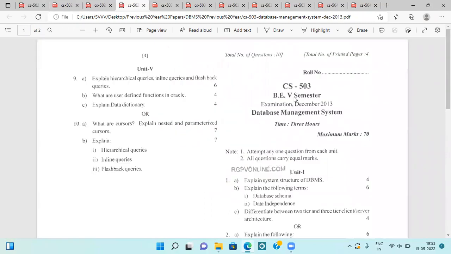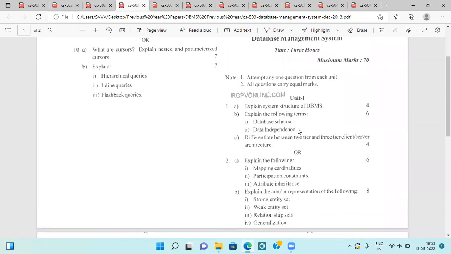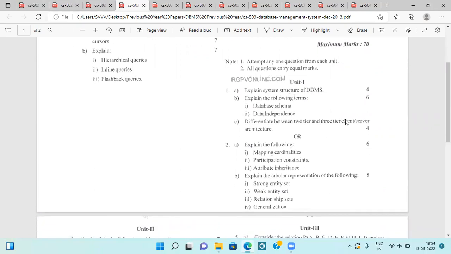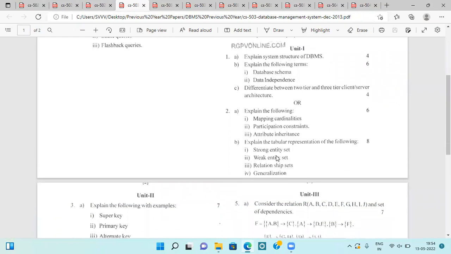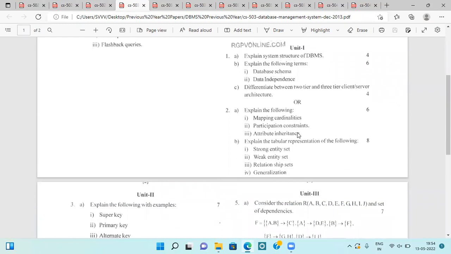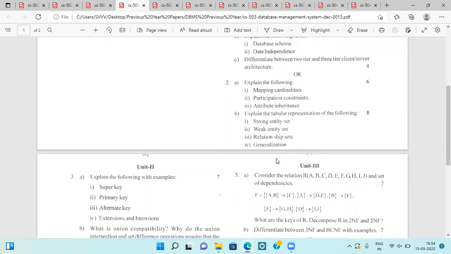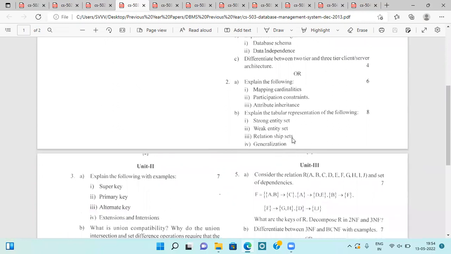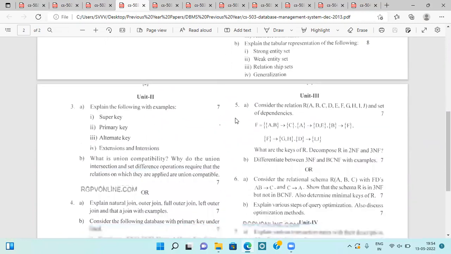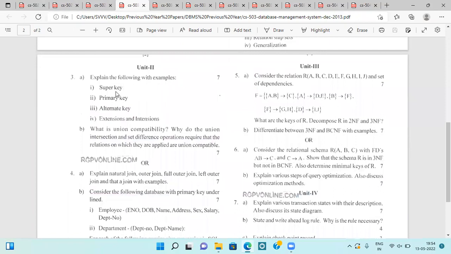Next is the question paper asked in December 2013. It is a very old question paper, but we can refer to it, right? So it is asking about system structure of DBMS, database schema and data independence, the difference between 2-tier and 3-tier architecture, mapping and cardinalities, participation constraints, attribute inheritance, strong entity, weak entity, relational sets, generalization. Then they are asking about super key, primary key, alternate key, extension and intension with the help of an example,